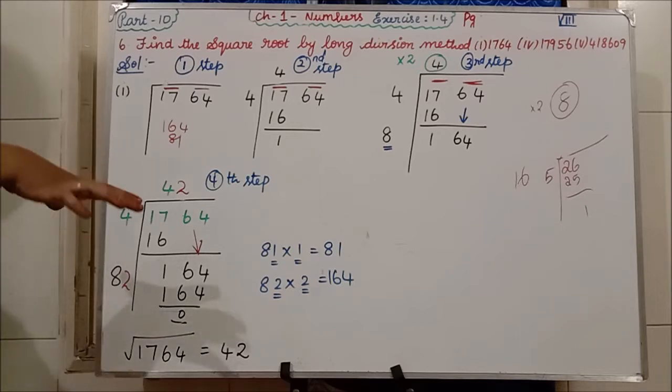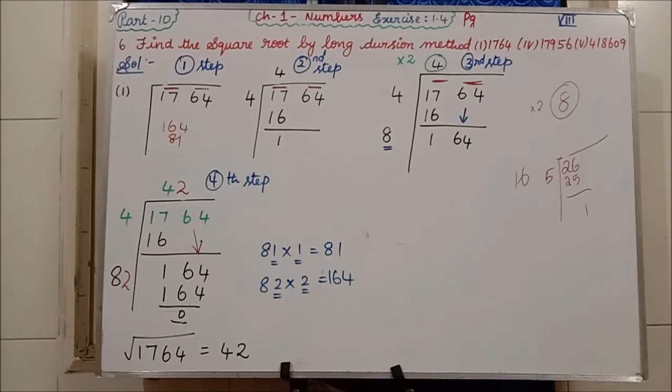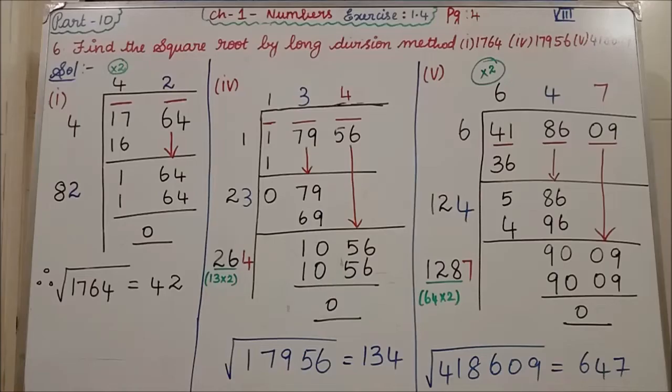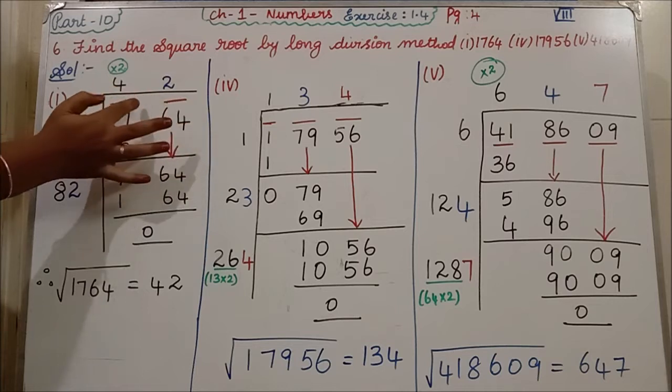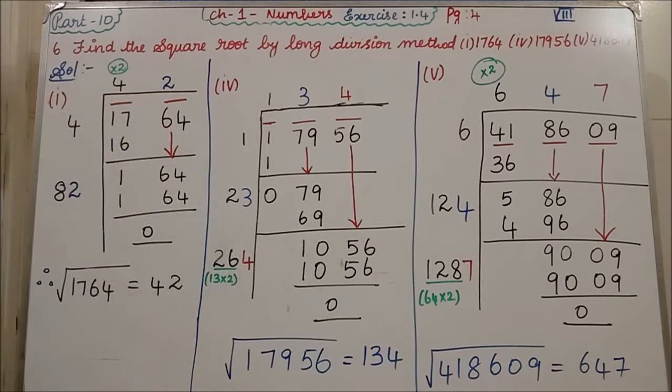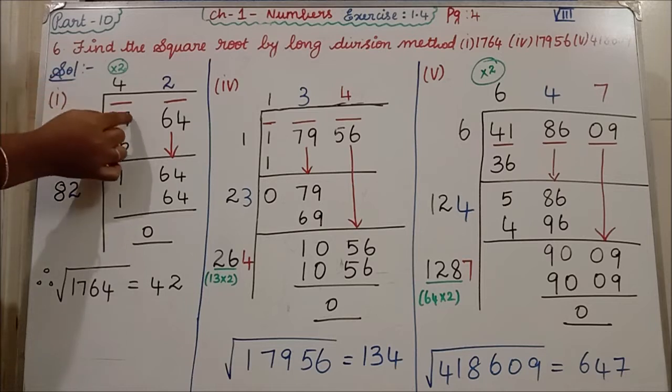Now how to write in a classwork, I will explain from the first for you, clear students? Students, now I am going to teach again the sixth question, the first subdivision. Like this only you have to write in a classwork, and you have to write in an exam or test. Clear? Now we'll see the first subdivision: 1764. What is the first step I told you in long division? You have to group from the last two numbers. Isn't it?